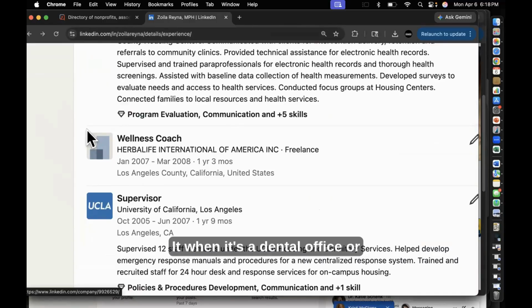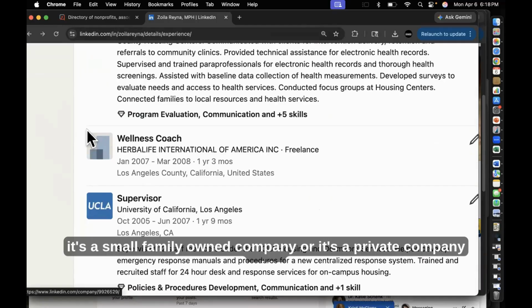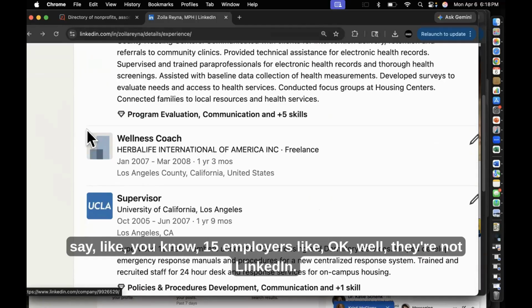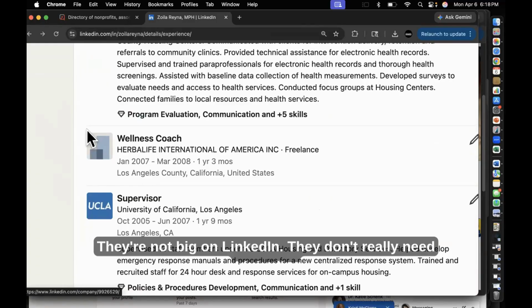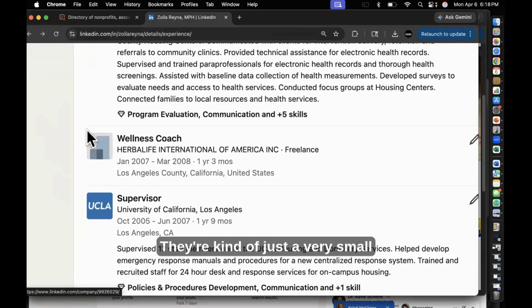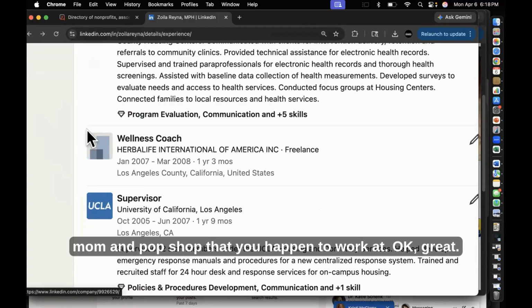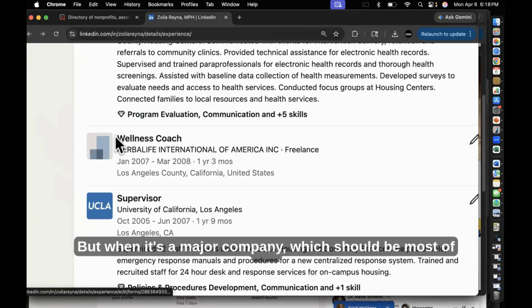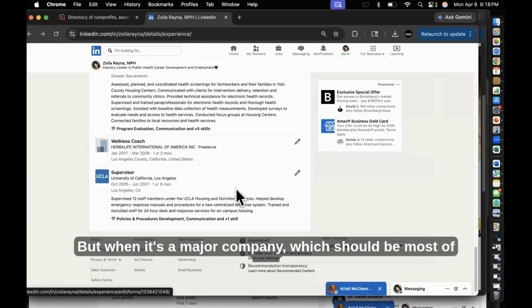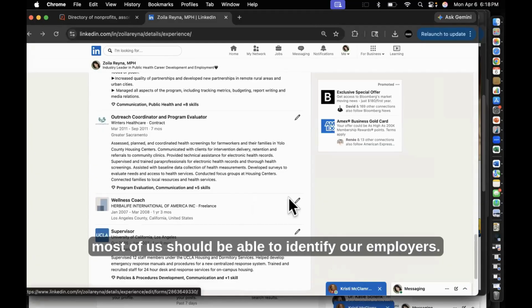It does happen when it's a dental office or it's a small family-owned company or it's a private company with say like, 15 employers. Like, okay, well they're not LinkedIn, they're not big on LinkedIn, they don't really need LinkedIn. They're kind of just a very small mom and pop shop that you happen to work at. Okay, great. But when it's a major company, which should be most of us should be able to identify our